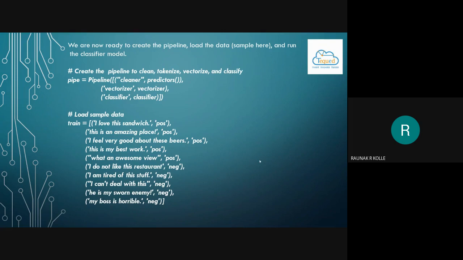We create a pipeline for the cleaner, predictors, vectorizer, classifier, and so on. We load the sample data